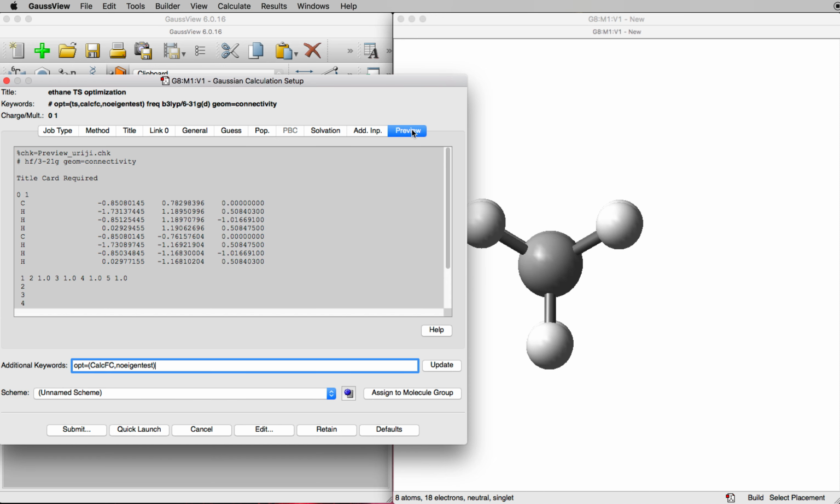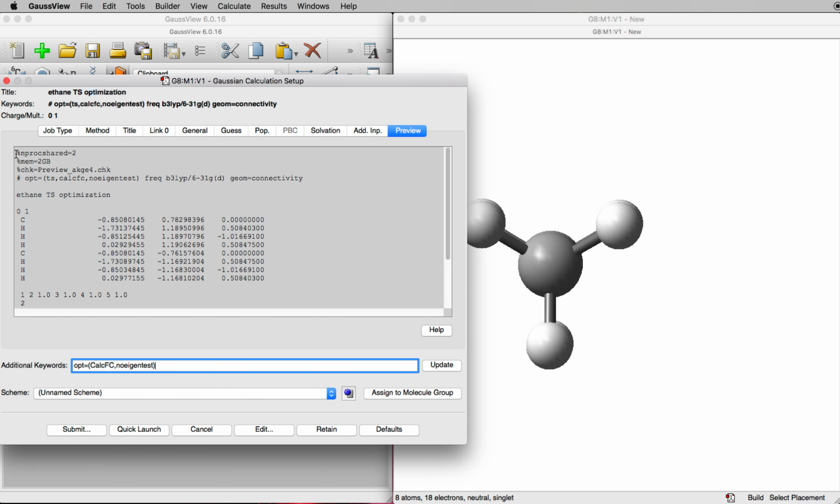So let's go to preview. Okay, so again I have my route section. Now opt=TS means that I will run transition state optimization followed by frequency calculation, my functional, basis set, XYZ coordinates. So everything is looking good. So I can go ahead and submit.